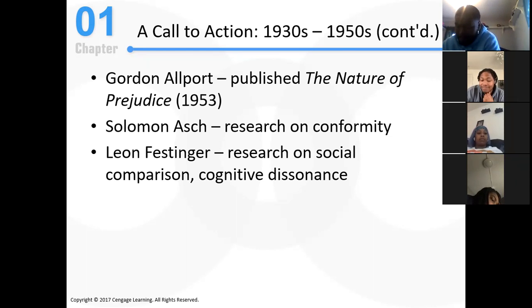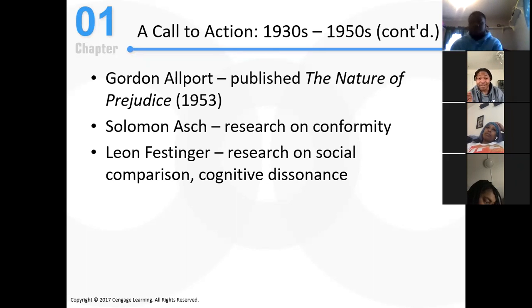What do y'all think is the purpose of that experiment? Do you think that he's just trying to see who can figure out which line is the longest? What is he trying to learn about human behavior in that experiment? Possibly. I kind of want to say the influence, but I forgot what it's called, but I know that as humans, we don't like to be the odd one out. Absolutely. It's kind of like, yo, everybody else is saying this, I don't want to be the only one. He's different. We don't want to be different. We want to blend in. It's easier to blend in.